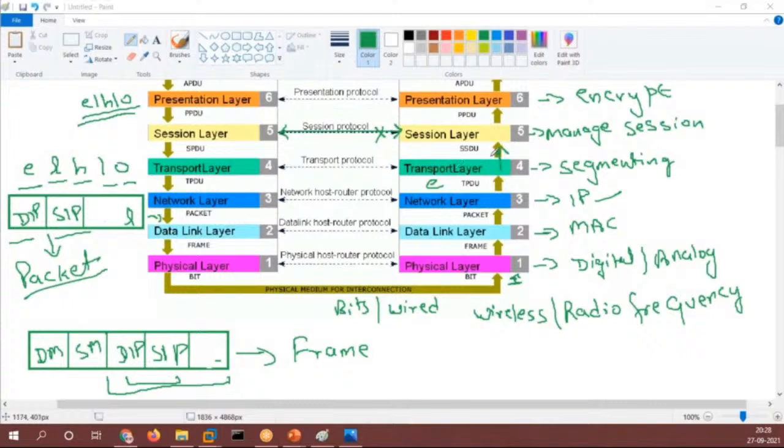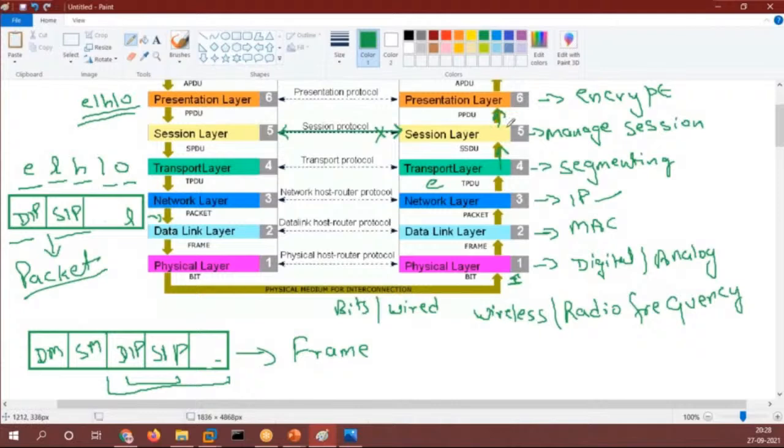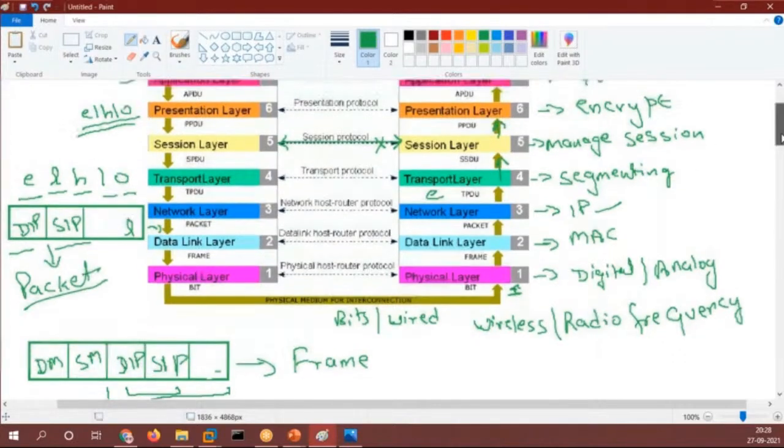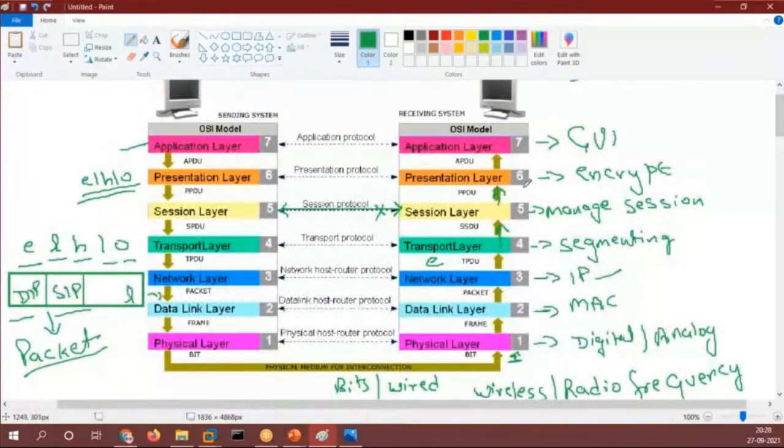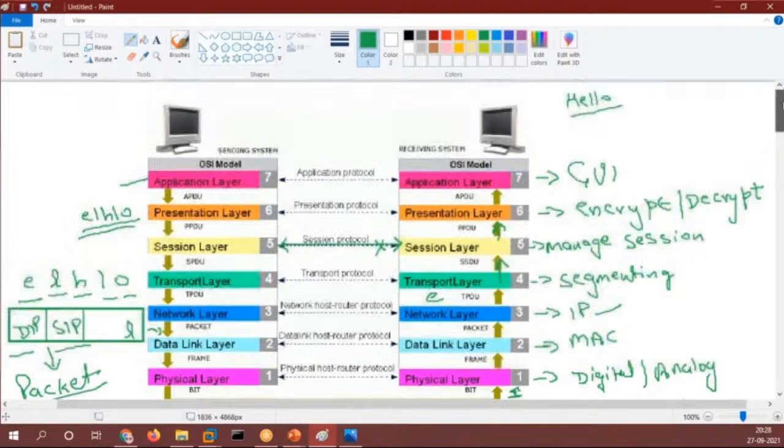Now after that, the session layer will forward the data to the presentation layer. Now at the receiver's end, your presentation layer will do what? It will do the decryption. So it will decrypt that data, right? Now the data will be decrypted, right? So it will be in the form of hello again.